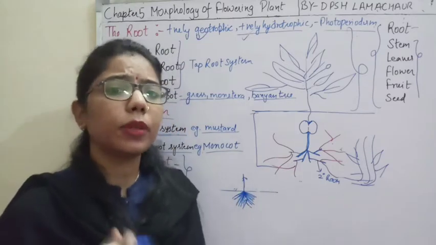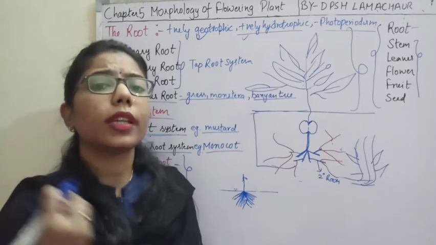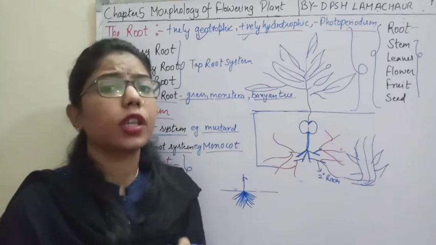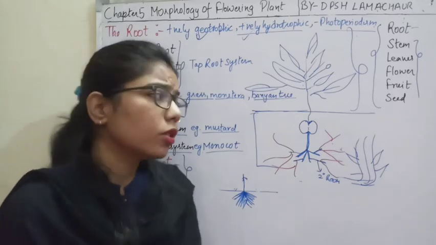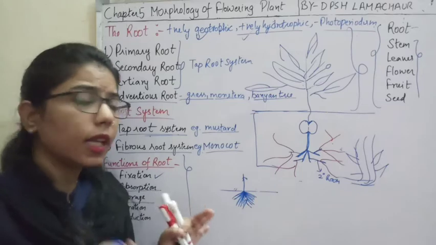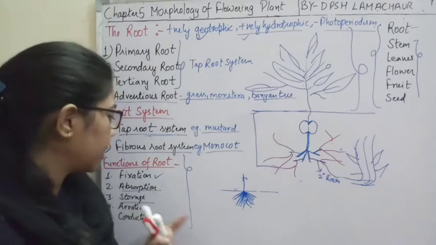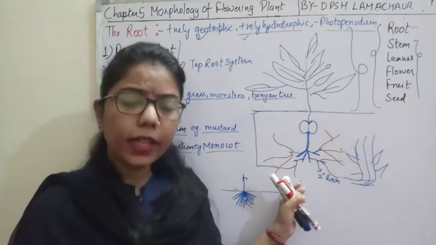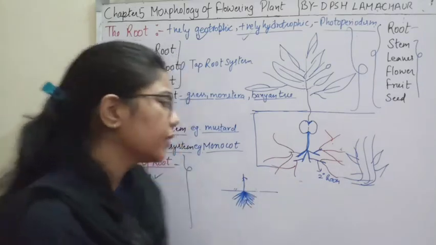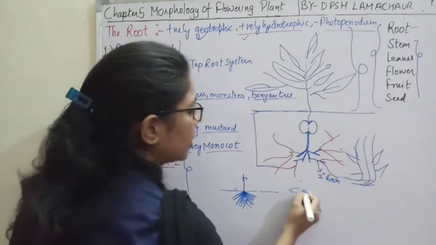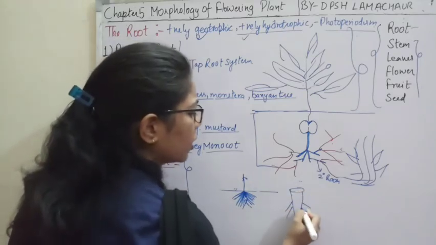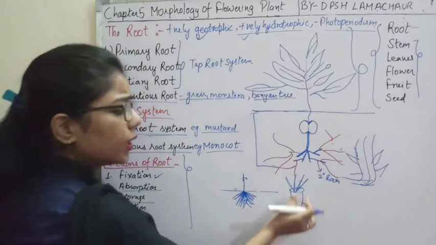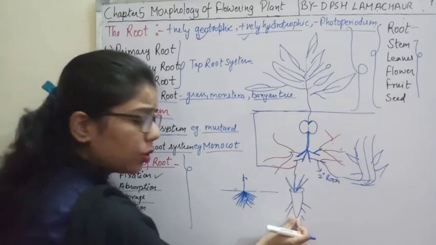Example, in case of sweet potato. We know about the carrot, we know about radish, we know about the beetroot. All these are examples of what? These are examples of root. These roots are modified into a swollen structure. For example, I am drawing here that this radish is also a root. So what is it doing? The part is developed into a swollen structure.